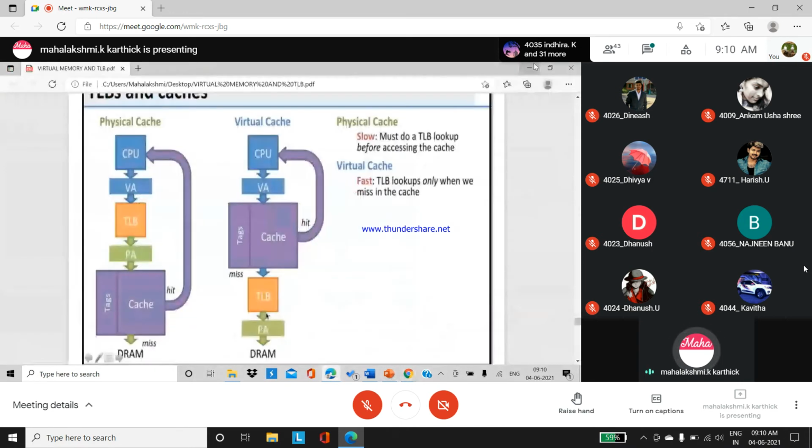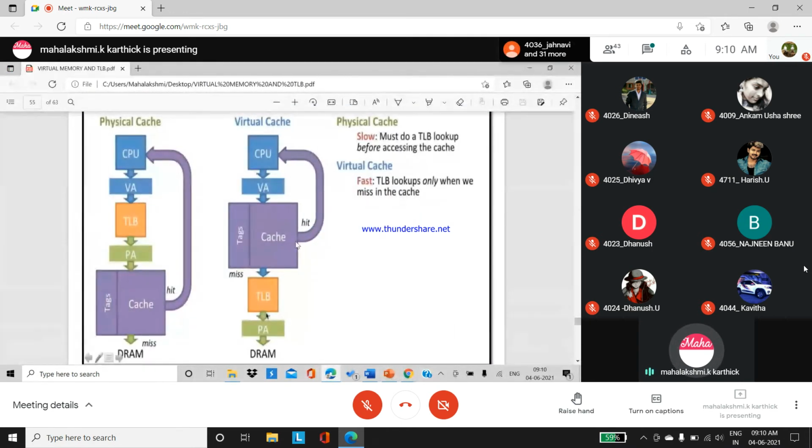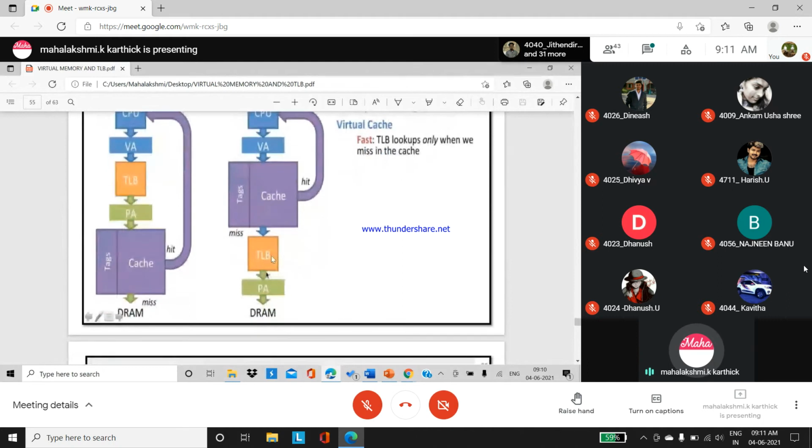We are going to first check with the cache memory, to see if the data is available in the cache memory through this tag concept. This is the direct access mapping technique used in cache memory. If the data is found, we say it is a cache hit. If it is not found in the cache memory, that is a cache miss, then we go for this TLB.